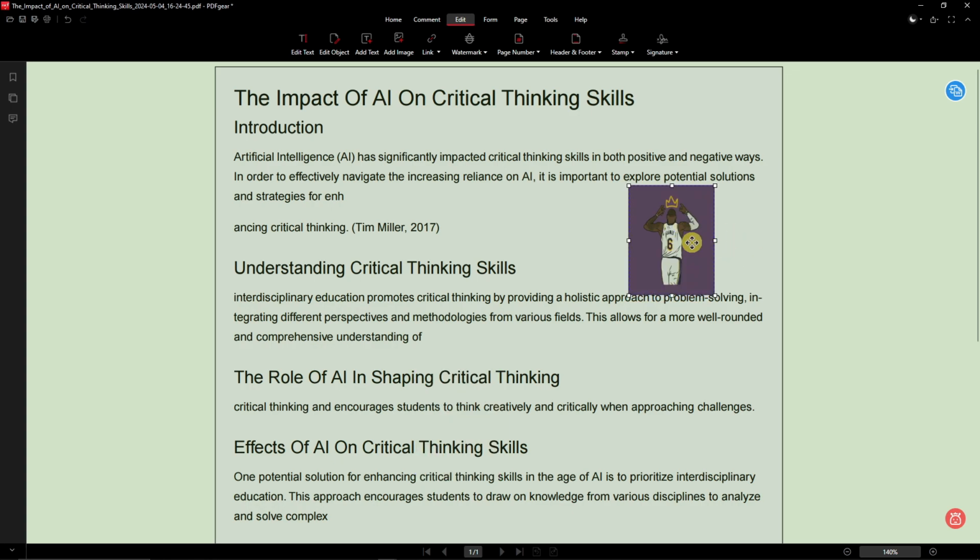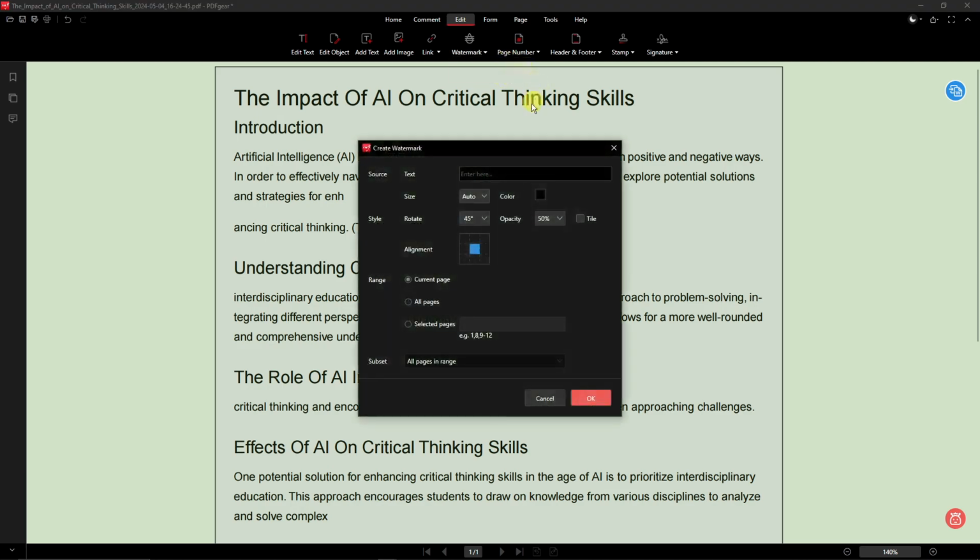And now the most famous one, I think this is the most used in PDFs, watermark. Now you can create or delete a watermark. You heard me right, I'm going to say it again. You can delete a watermark here for free. Pretty awesome, right? Now if I click on create watermark right there, I type here sample, and then the size